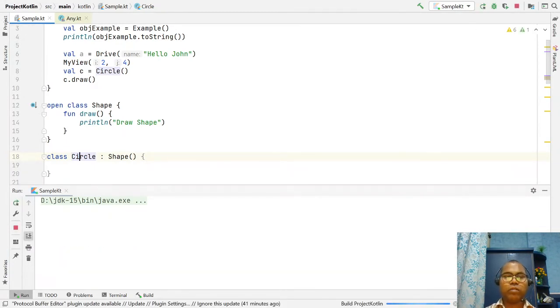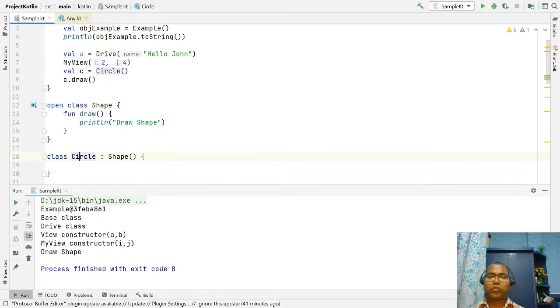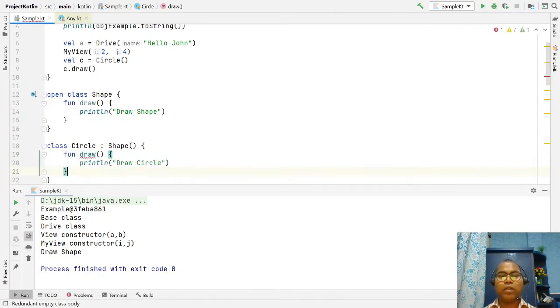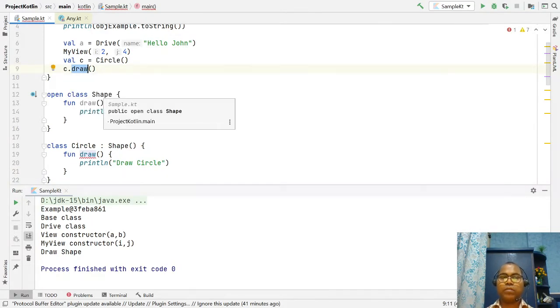But here I want the Circle class draw to be not shape, but circle draw. Then you have to write the same function here. You don't want to use the function inherited from your superclass.